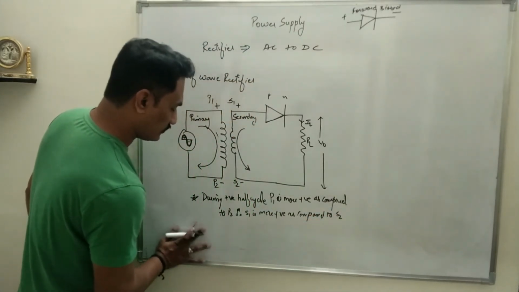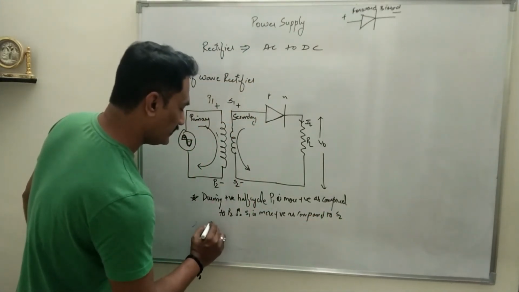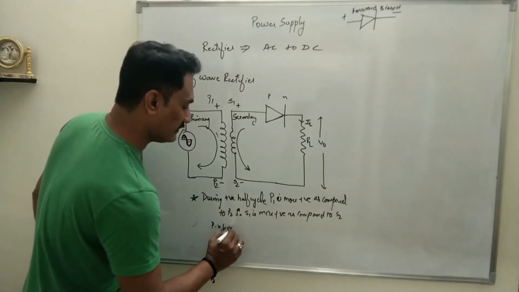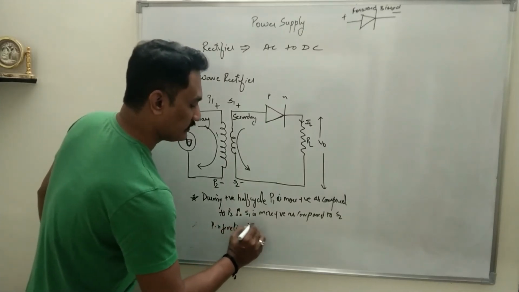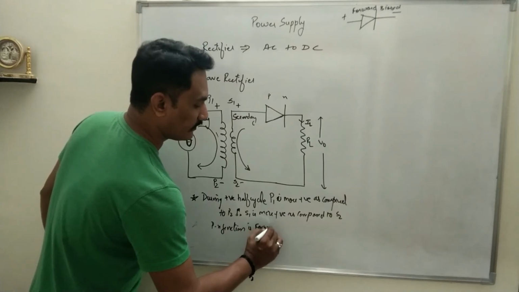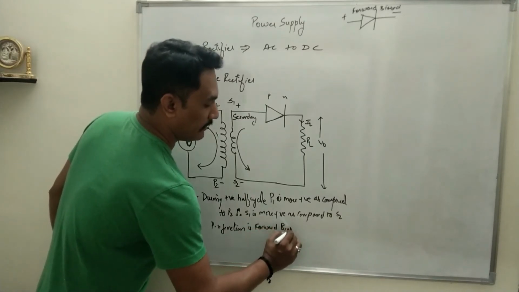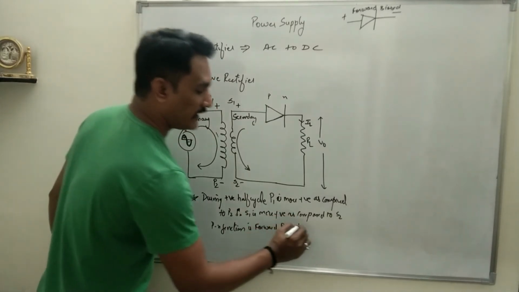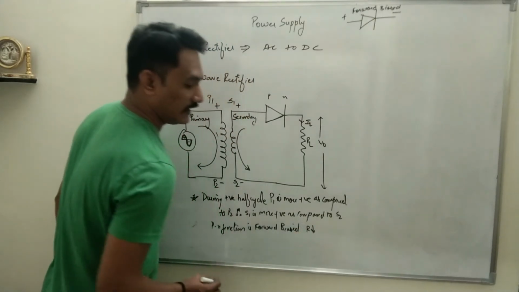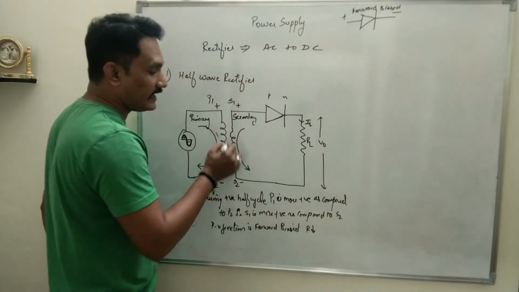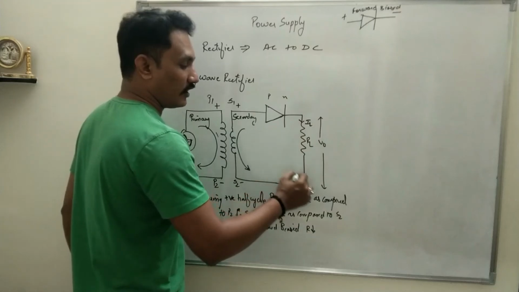So in this case what will happen is, the PN junction is forward biased, and if it is forward biased, resistance is very low, and if the resistance is very low, the entire secondary voltage will be dropped across